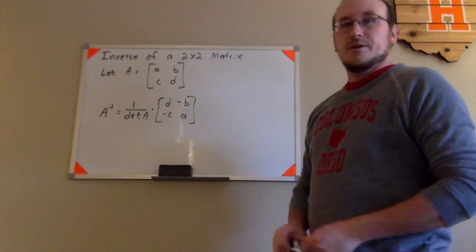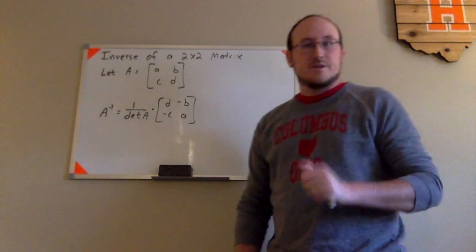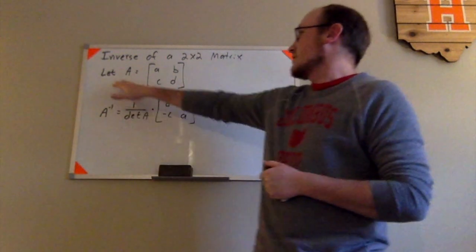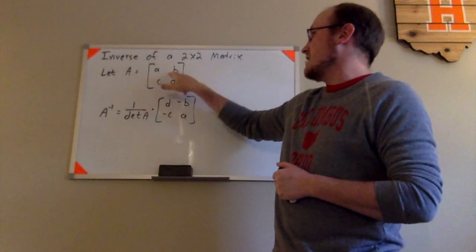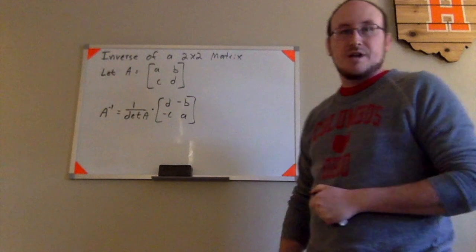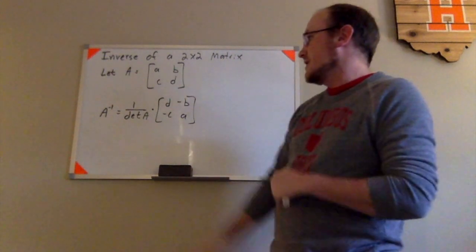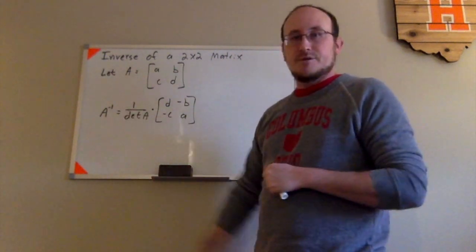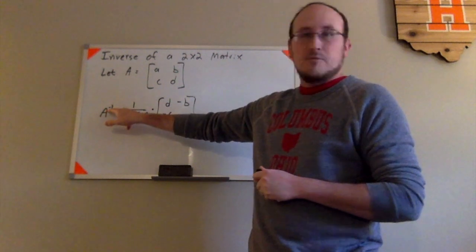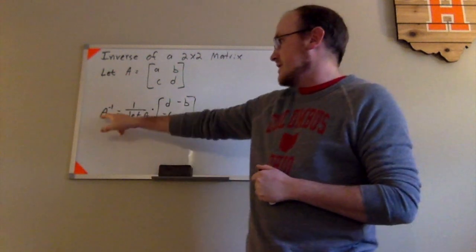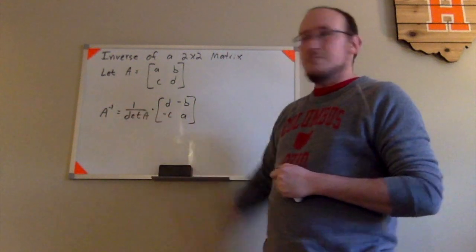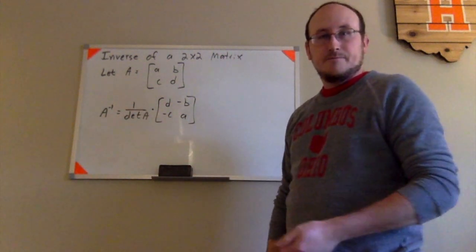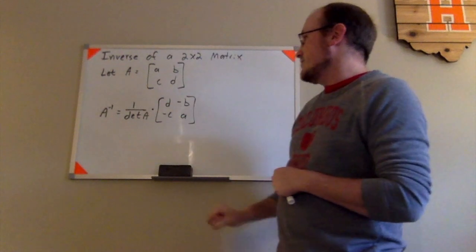In this video, we're going to look at how to find the inverse of a 2 by 2 matrix. So we're going to start off by saying let matrix A equal this matrix with entries a, b, c, and d. Just doing this in the abstract so I can give you a formula for this. A inverse, which is denoted by this little -1, which looks like an exponent, that's just our notation for the inverse of matrix A, is equal to 1 divided by the determinant of A multiplied by this new matrix where